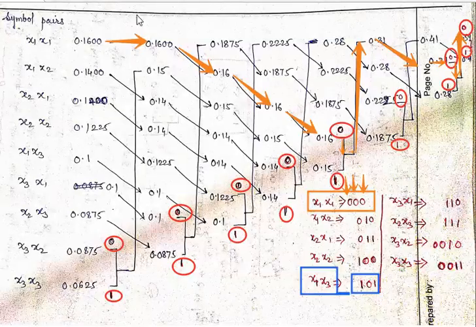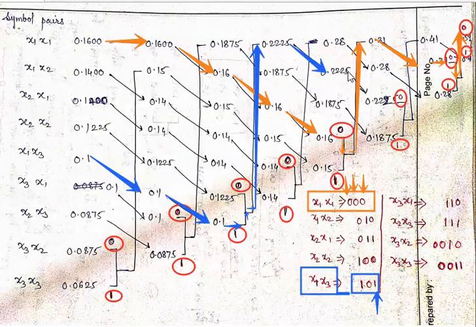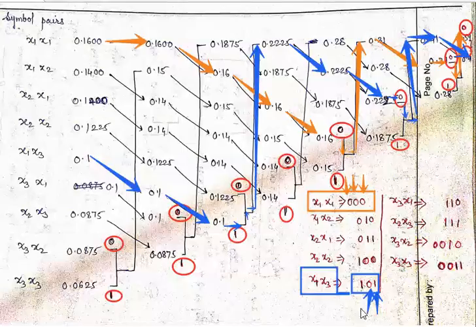So I will just track x1 x3. It is this one, so right now it is 1. This is the one which we expect. Next it will go over here, then here, then upward, then downward, then here, then it is 0. So it is nothing but 0, this value. After this it will come down, then horizontal, right, then up, then down. So it is again 1. So this is how it will be 101.